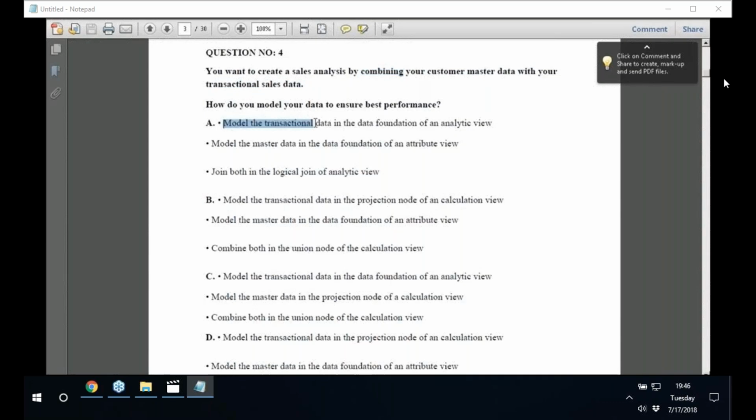model transaction data in the data foundation of an analytic view, model master data in the data foundation of an attribute view. Join both in the logical join of an analytic view. Okay, participants. Model transaction data in the data foundation of an analytic view, model master data in the data foundation of an attribute view. Join both in the logical join of an analytic view. Participants, I'll go back,